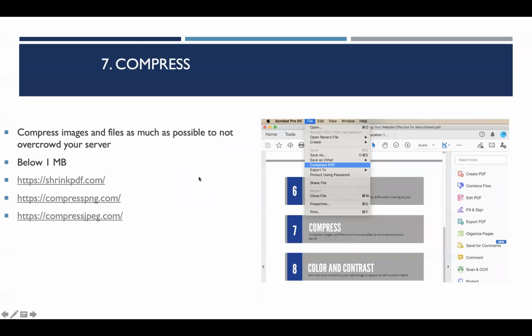The seventh best practice is to compress all your images and files as much as possible to not overcrowd your server, even if you are not familiar with how big of a server you have or you work hand in hand with developers. It's just a best practice to compress any images and files before you send them via email even. So you want to do this on your website server as well, because one of the biggest deterrents for a user when accessing a file on a website or an image or a video is if it lags